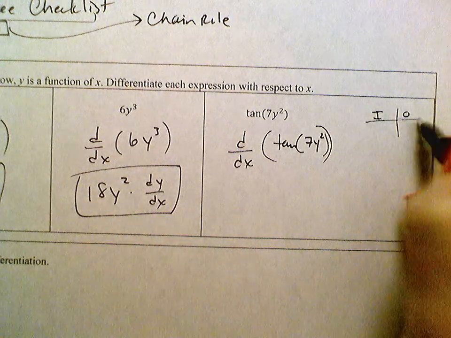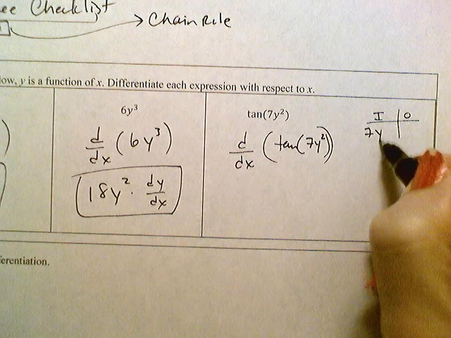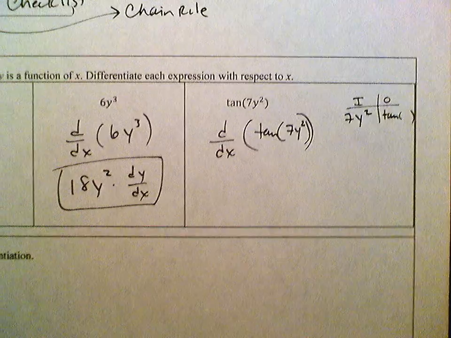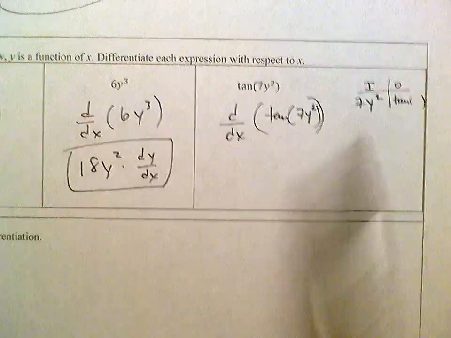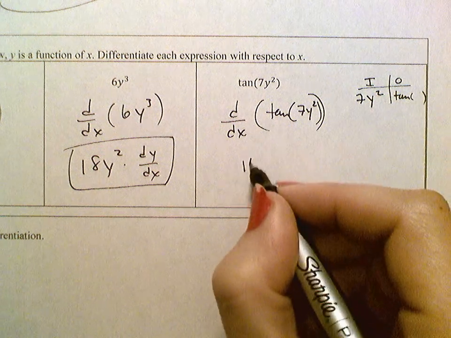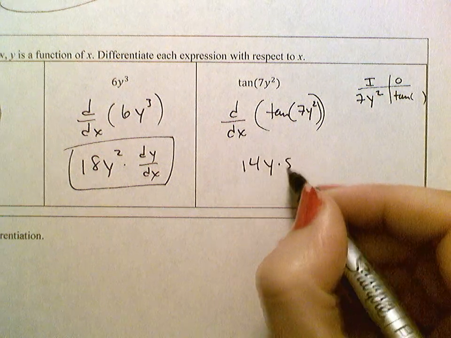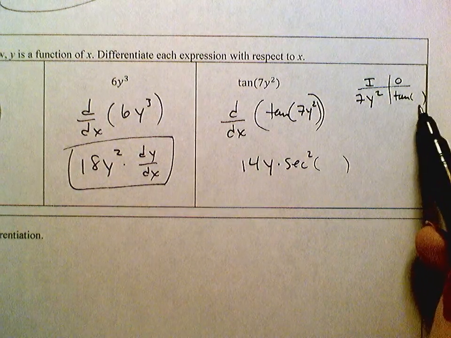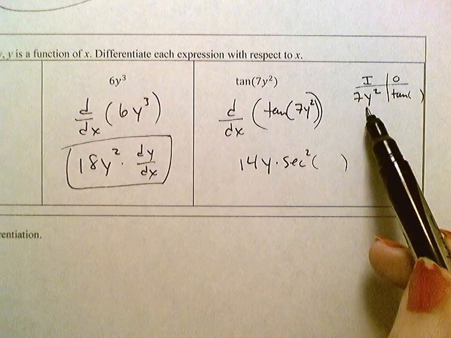So inside, outside. Inside we've got 7y squared, outside is tangent of blank. So the derivative is going to be 14y times secant squared of blank, that's the derivative of that one,